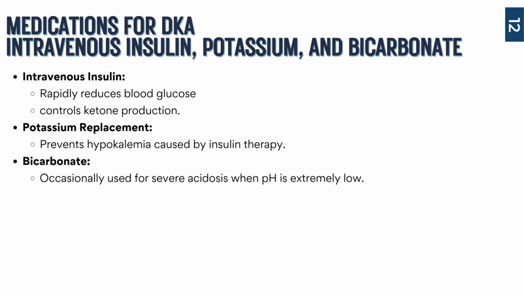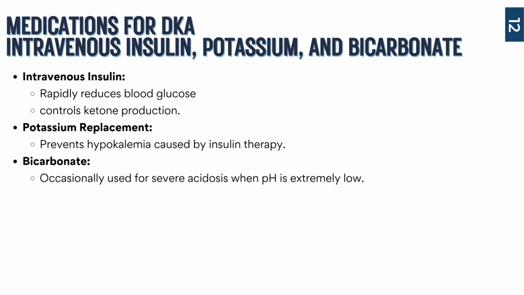So the medications used in DKA management, we already kind of talked about insulin, but let's go over it again. We use it because it quickly reduces the blood glucose. Regular insulin is typically what we use in the IV push setting, because it's going to quickly reduce that blood glucose and halt that ketone production, like what I just said. Okay, so just as a reminder, by lowering that glucose level and reducing that ketone production, insulin is going to help address both the hyperglycemia and the acidosis. That IV insulin is typically started as a continuous drip after that IV push. I mean, you could go straight for a drip too.